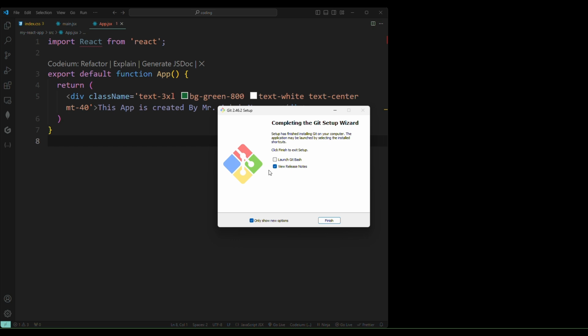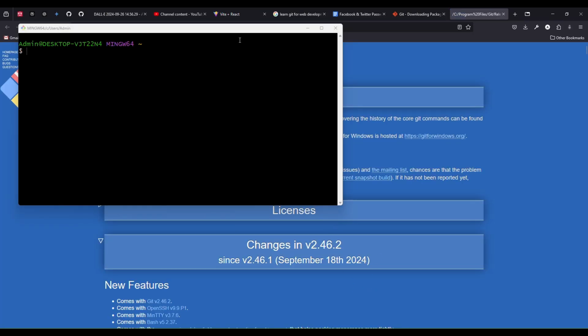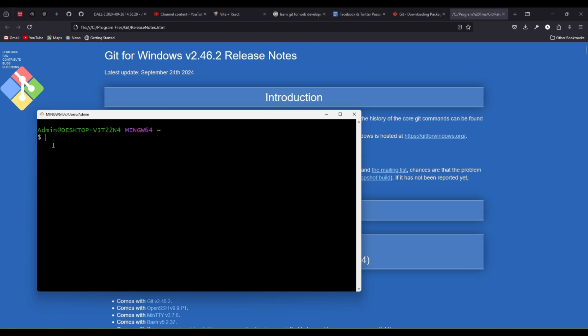Then launch Git Bash. You have to do that. You also have to follow some other steps, but because I have already installed Git, only a few steps come for me. More steps will come for you. Then you just click and finish it. Now it has started. This is the main Git portion, the Git Bash area.